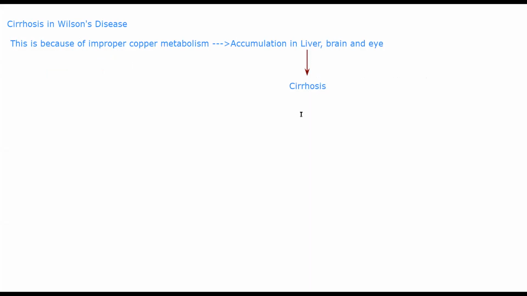Now coming to causes. As I told you, it is an autosomal recessive disorder. Now, excessive amount of copper is being absorbed through your stomach or intestine. Normally, whatever you eat, the dietary copper that you take in is more than enough for the body's requirement. You do not need to supplement yourself with copper. Normally whatever food a person eats has enough copper in it, so supplementation is not required, unlike iron, vitamin D, and so on, which sometimes require supplementation. Copper is not so. Whatever amount of food that you eat has enough copper.